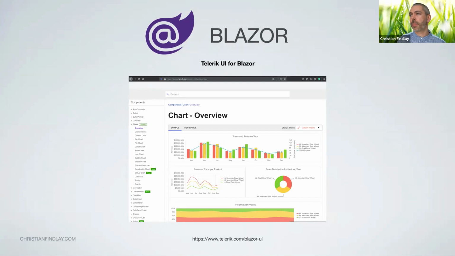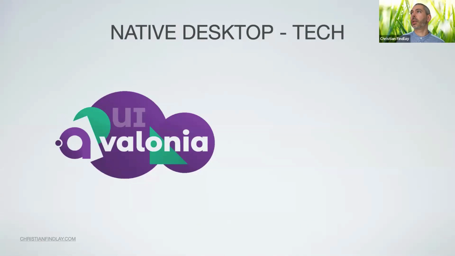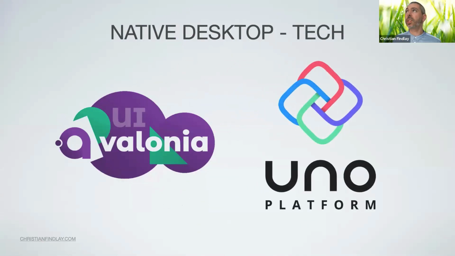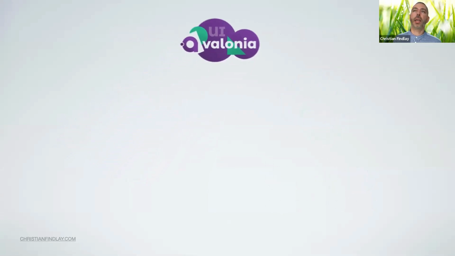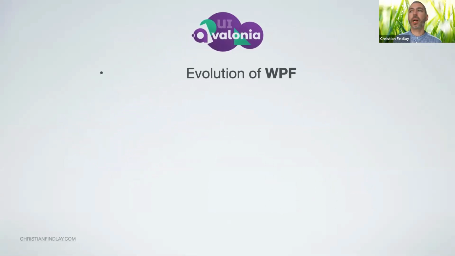Okay. All right. So I will get to the next technology. So as far as desktop technologies are concerned, we have Avalonia and Uno. All right. So for people who are WPF oriented, Avalonia is perfect. Avalonia is basically a port of WPF onto cross platforms. So it runs in Windows, Linux, and macOS, as far as I understand.